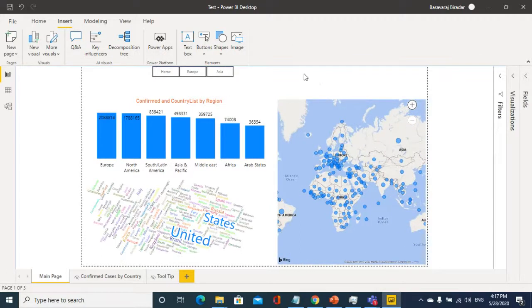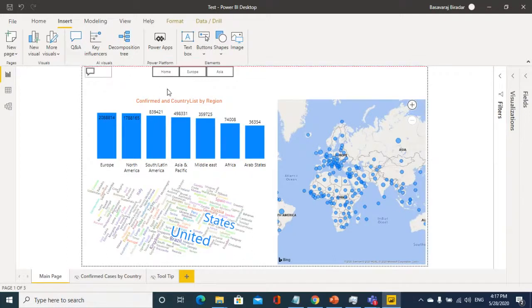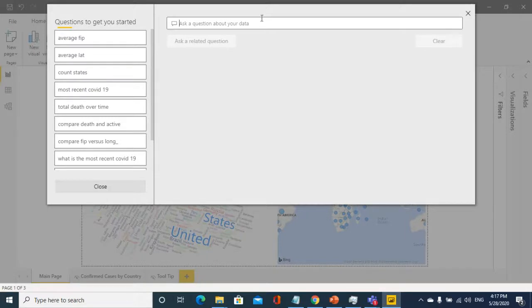And there is an NLP feature in Power BI where you can add a Q&A button, and you can ask questions in natural language. For example, click on this. So you can ask various questions over here.